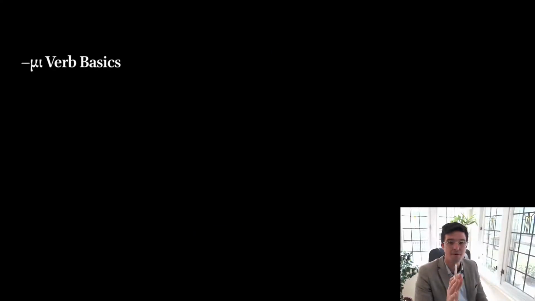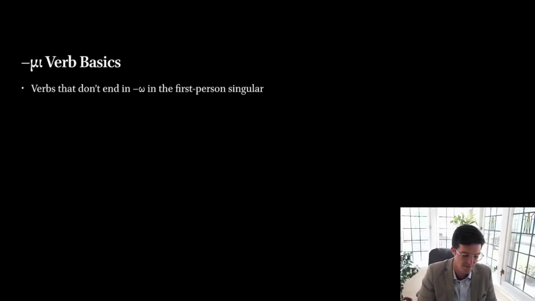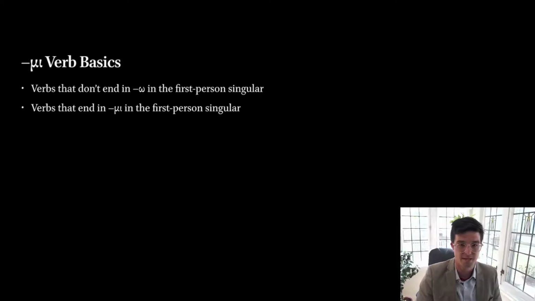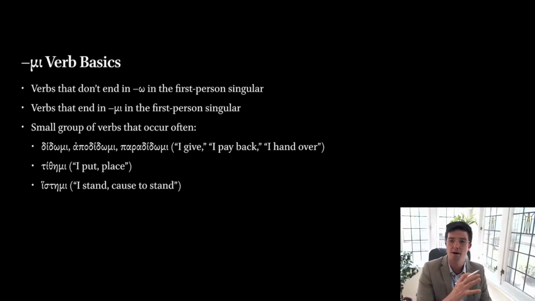So as to mi verbs, we're going to see some of the answers to these questions reflected in the information I'm going to present here on mi verbs. As we said, those verbs that end in omega in the present active indicative first person singular are called omega conjugation verbs. Verbs that don't end in omega in the first person singular, but rather end in mi in the present active indicative first person singular, are going to be this class of verbs called mi verbs. And this is a small group of verbs as to the number of verbs that are mi verbs in the Greek New Testament, but the number of times that those small number of verbs are